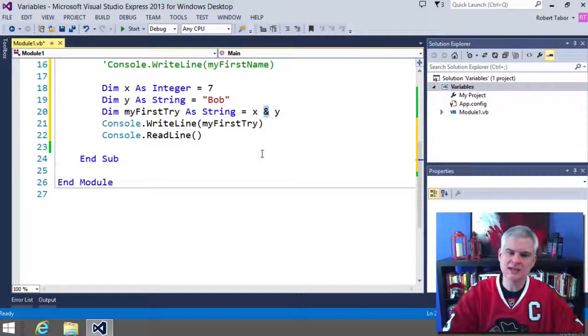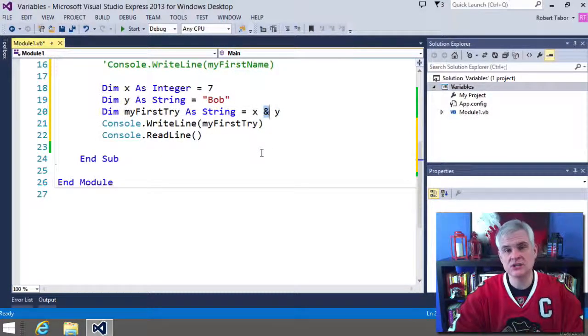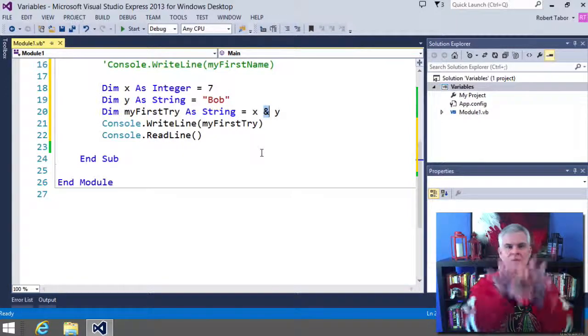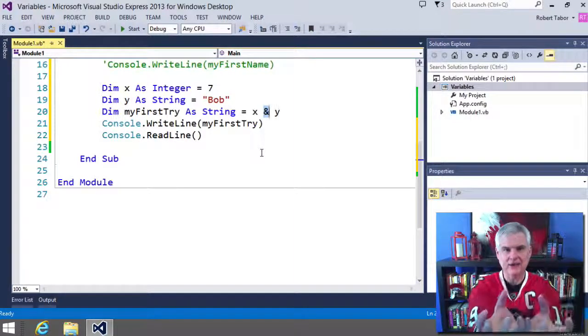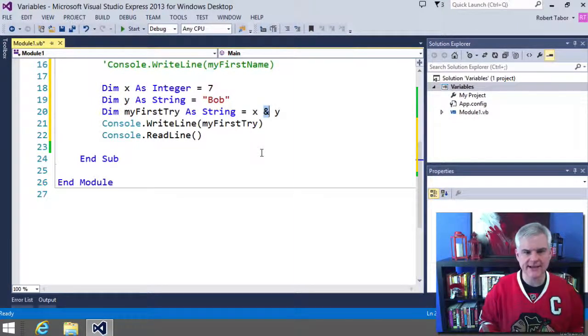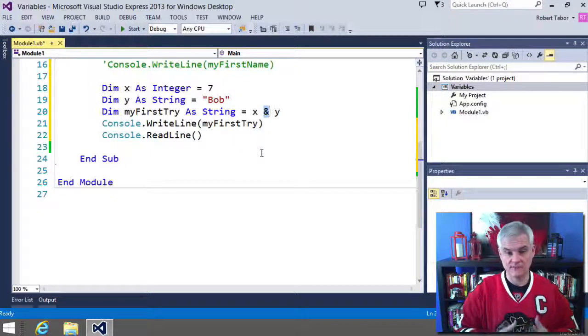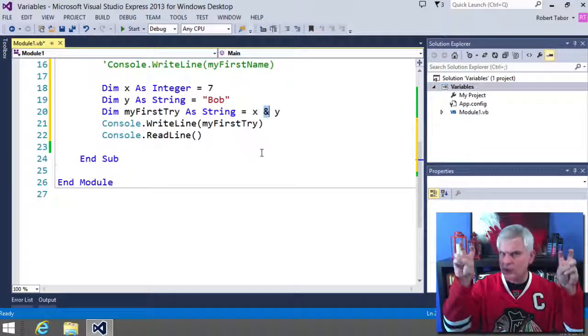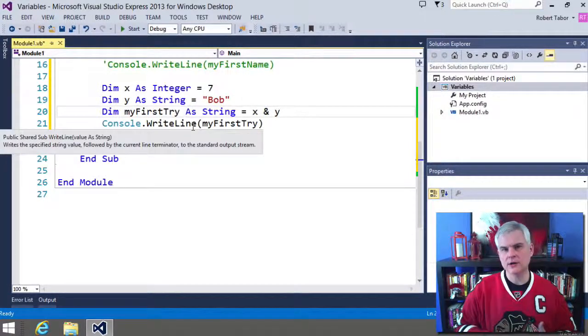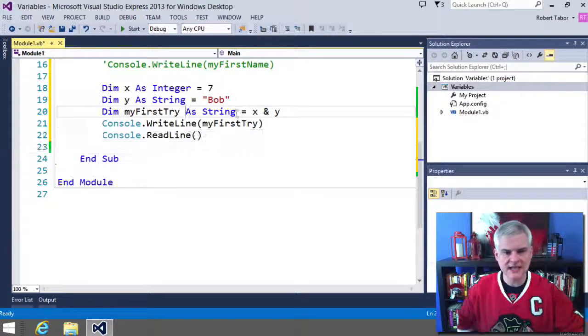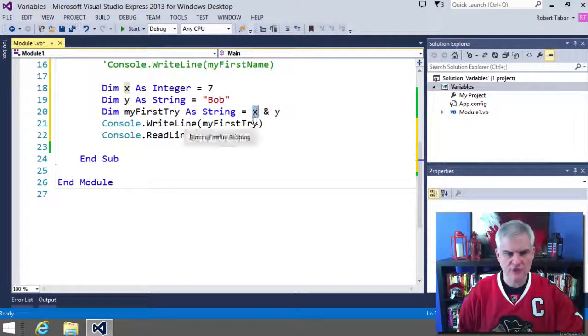So this ampersand character is a string concatenation character, meaning that it'll take two strings and put them next to each other. All right, and it will make a new string out of it. So in this case, we would expect myFirstTry to contain 7Bob, no spaces, all one word, I guess you could say. All right, so what we're doing here, though, is we're implicitly converting this data from integer into a string